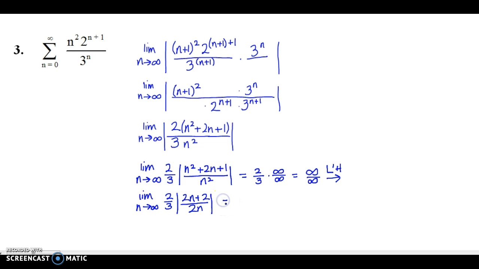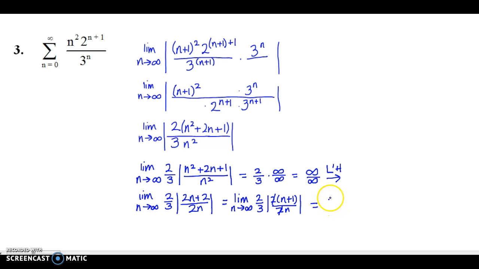I see another opportunity here before I evaluate this to factor a 2 out of the numerator, so it becomes 2 times n plus 1. And that way I can cancel my 2's out,